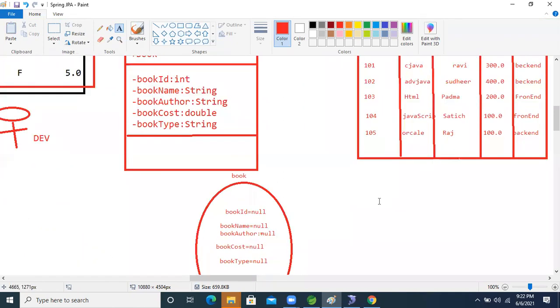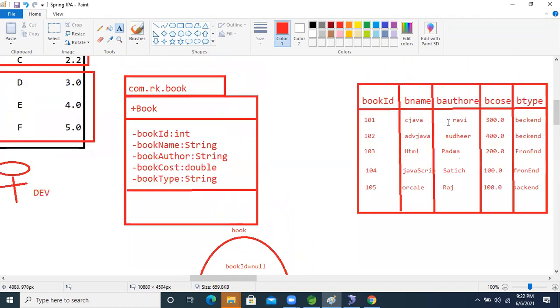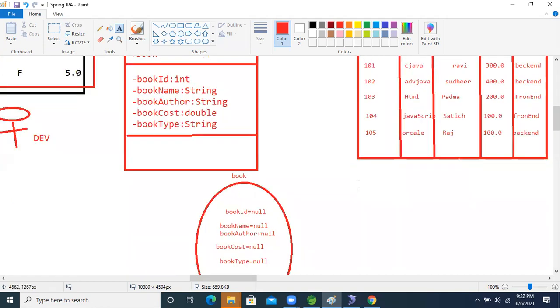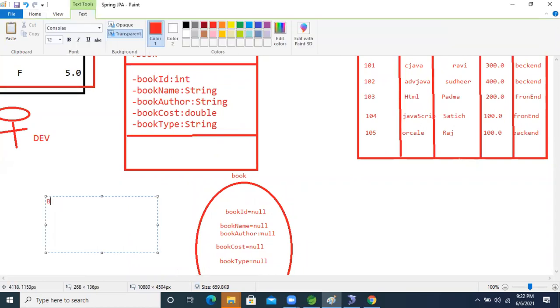So Book ID is there, right? Now based on that, if I want to search the book name, based on that backend data type, means column, sorry, row, right? This is the row only. So backend row. So what we will do now? We will create one object, the book object.